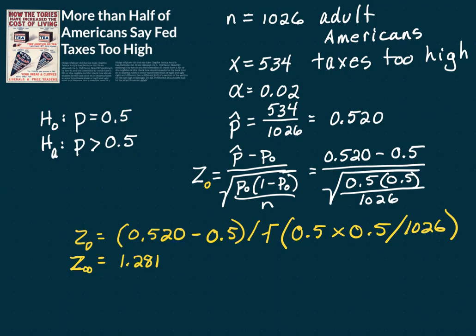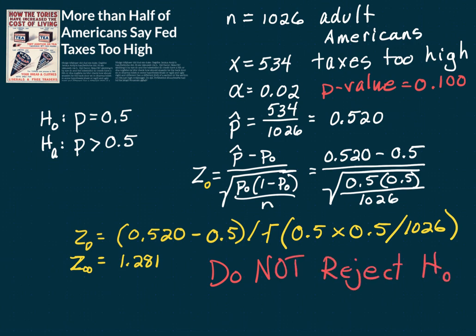Let's return to our problem. So let's compare. Here is our level of significance. What was our p-value? Our p-value was 0.100. Which one of those is bigger? Clearly the p-value is bigger, so we do not reject our null hypothesis. Okay, remember our p-value has to be less than our level of significance. Because it is not, we do not reject